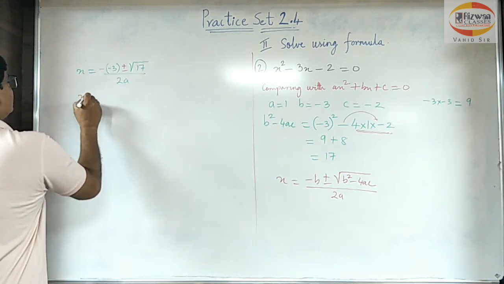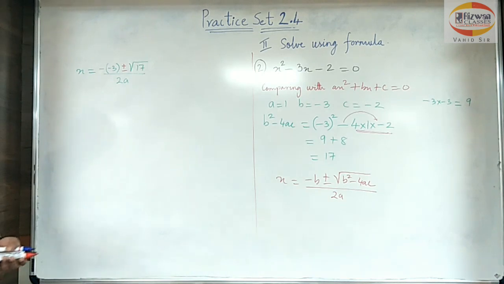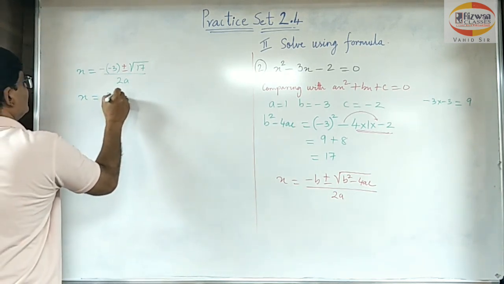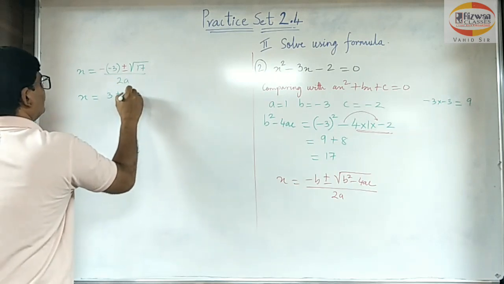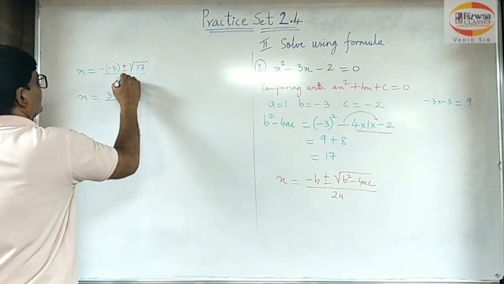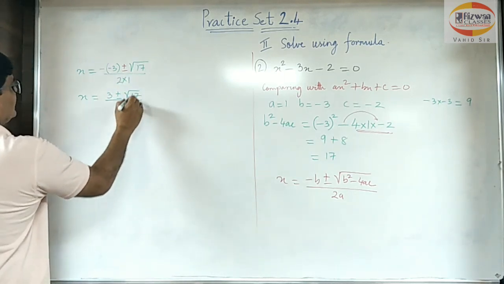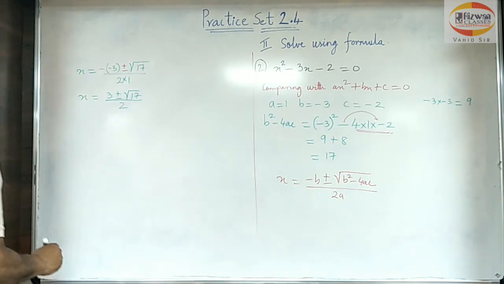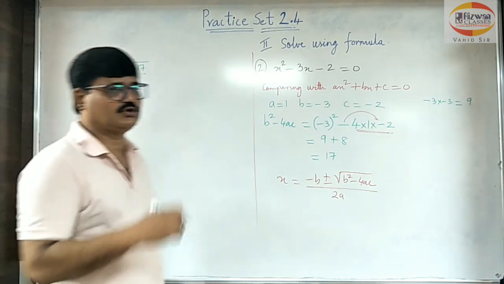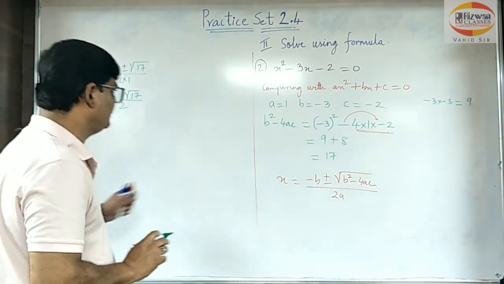So this will be x. Here x is equal to minus into minus will be plus 3, and plus minus root of 17. The root of 17 we cannot remove. Sorry, I have to write it multiplied by 1, and 2 ones are 2. The root of 17 has to be kept as it is. In the previous sum we got root of 16, and the root of 16 can be removed, but the root of 17 we cannot remove. We will keep it as it is.